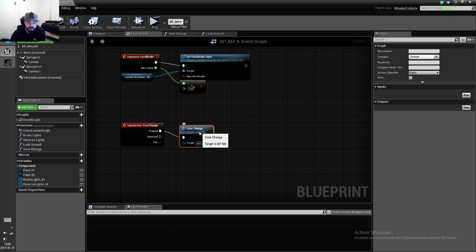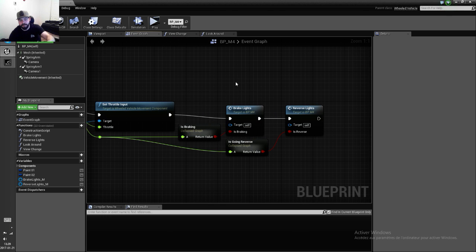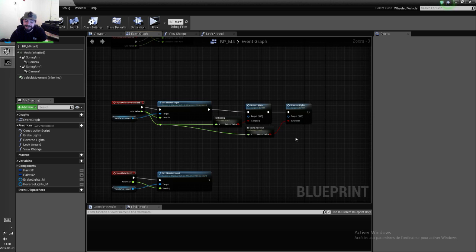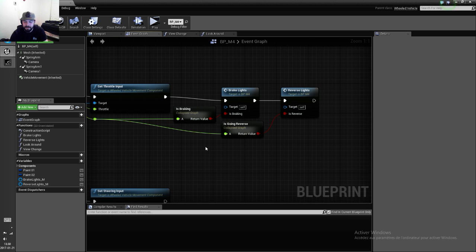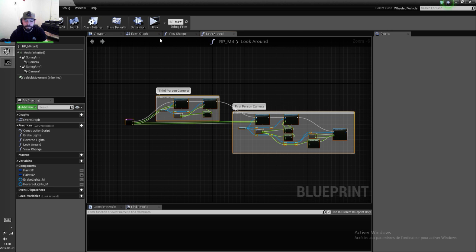Now, some people asked how I went ahead and made the brake lights and all of that. Sadly enough, I forgot to record it when I did it on this vehicle, but I guess I can briefly show you. Yeah, I can show you. Okay, so